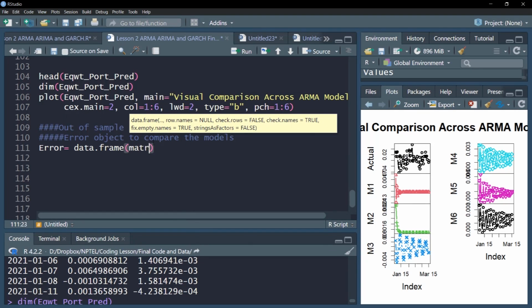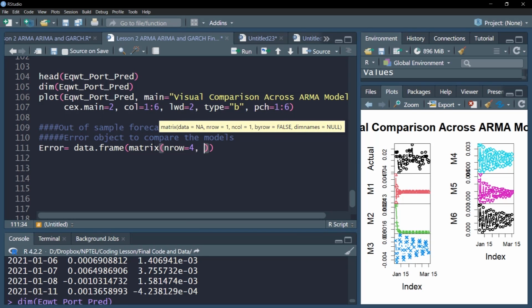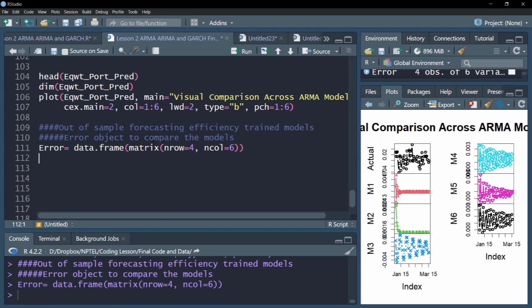So first let me create this error object, which is a data frame kind of object. It contains 4 rows, each row for a kind of error. We'll also create a complex error object using our computed errors. And then we have 6 columns, each column for a model. First, we'll give the column names as we did earlier. So the column names would include